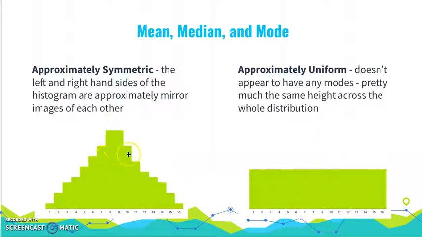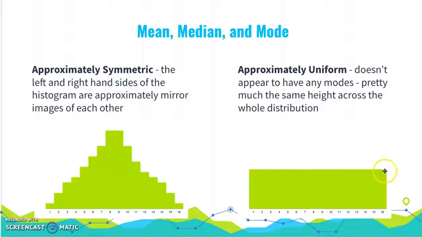These are actually perfectly symmetric and perfectly uniform. However, most of the time they won't be this perfect. So approximately symmetric just means that what's happening to the left is happening to the right, and there's like an imaginary symmetry in the middle of the graph,